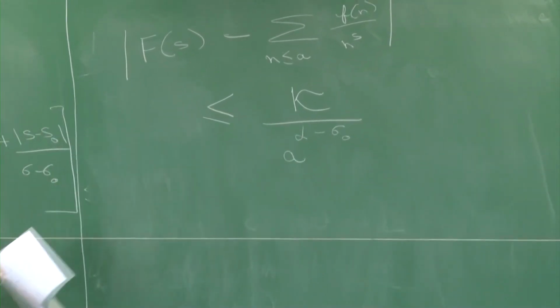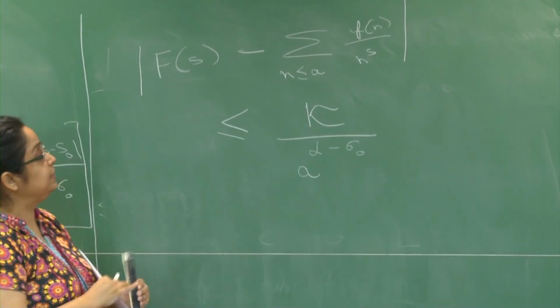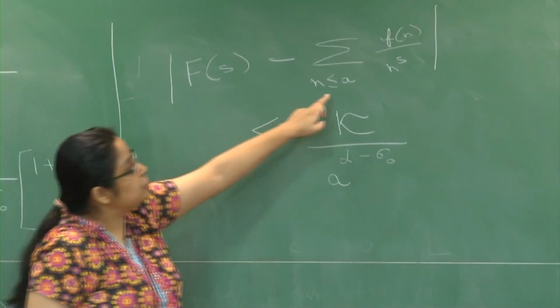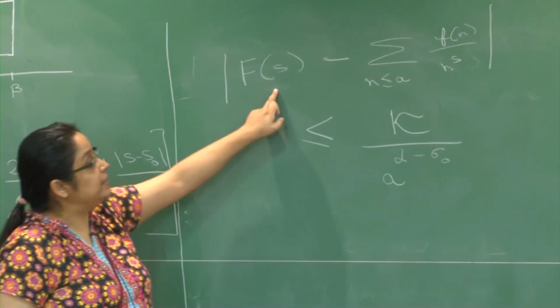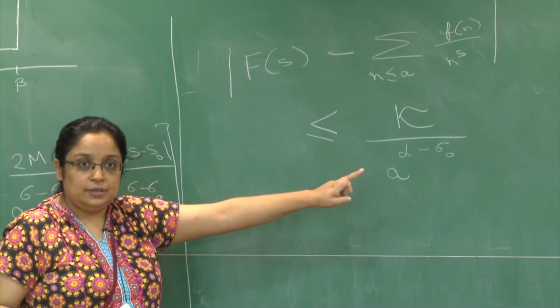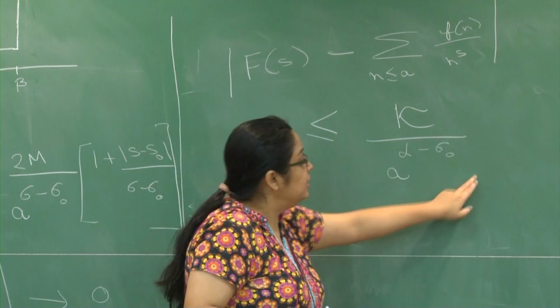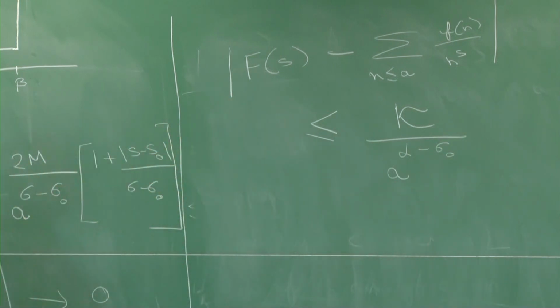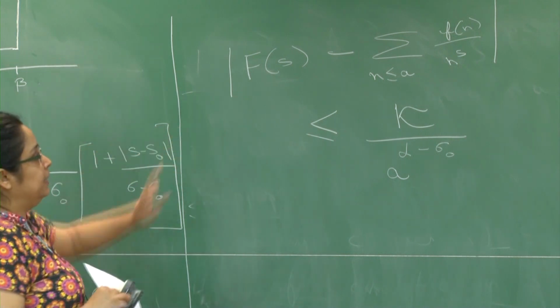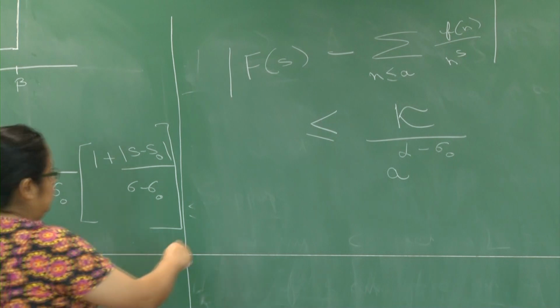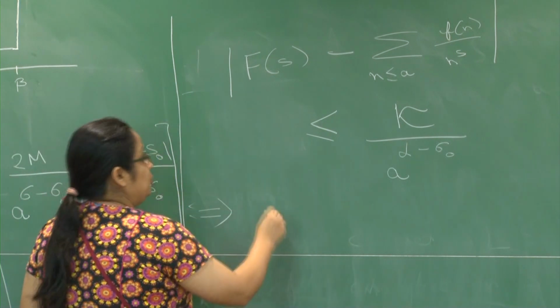This immediately tells you that these partial sums will converge to f of s uniformly, right? Because this upper bound no longer depends on your choice of S. S is something in this absolute rectangle. So you have a bound in terms of that rectangle, and this tells you that your